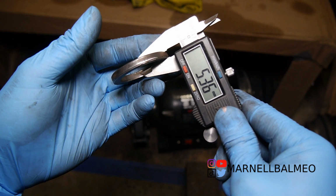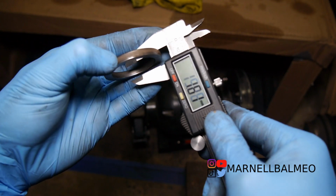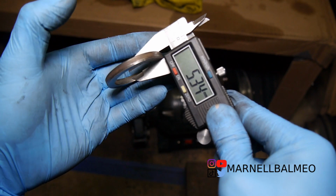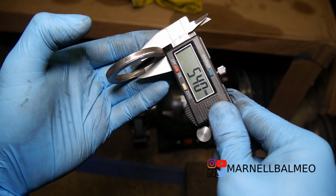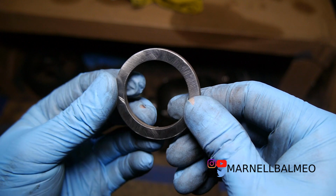Alright. 5.36, 5.34, 5.36, 5.31, 5.40. Now, as you guys can see, you can get it pretty accurate and pretty cleaned up with just